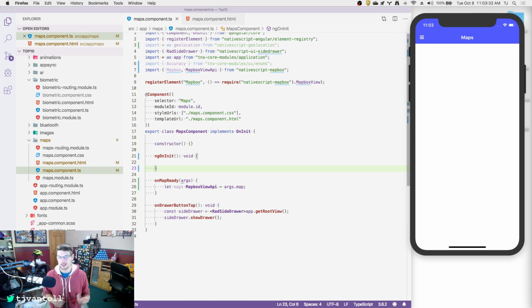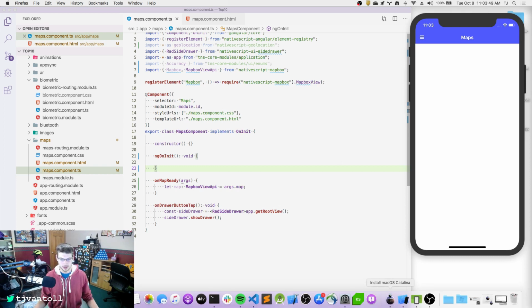So, what I want to talk about today is geolocation and maps in NativeScript. I've got a few different things I want to cover. And just to give you some context for why I'm covering this topic and caring about it: